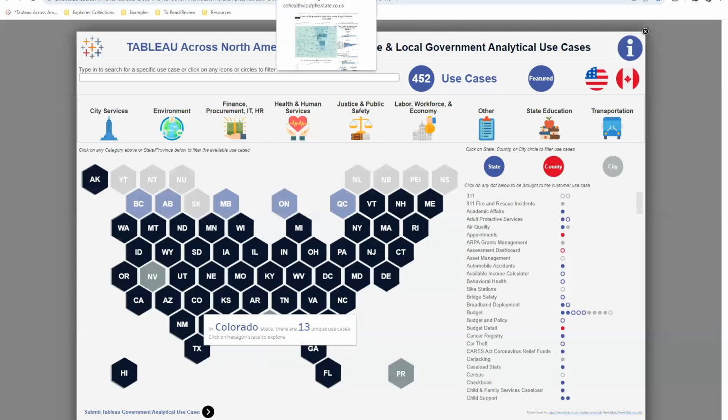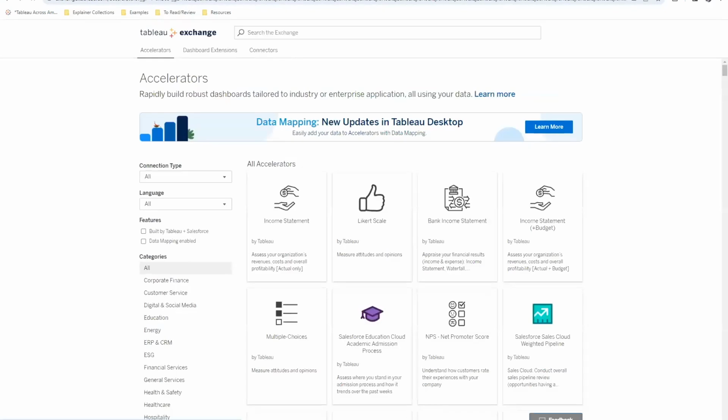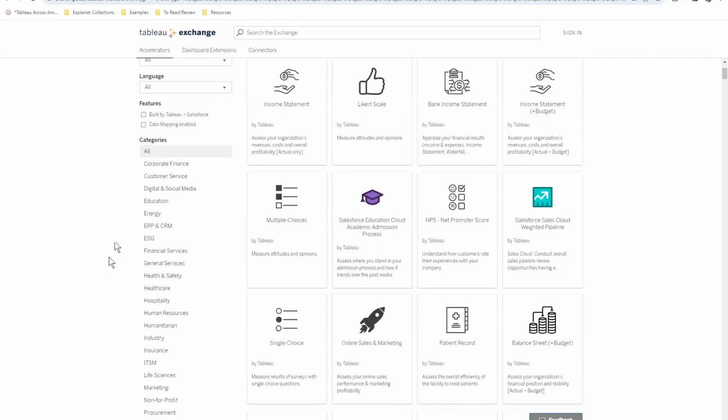But sometimes when you're just getting started, it's helpful to have a collection of resources to help you explore the possibilities of what you can do inside of your organization. And that's where our accelerators come in. Accelerators are pre-built Tableau dashboards that can be plugged directly into your data.